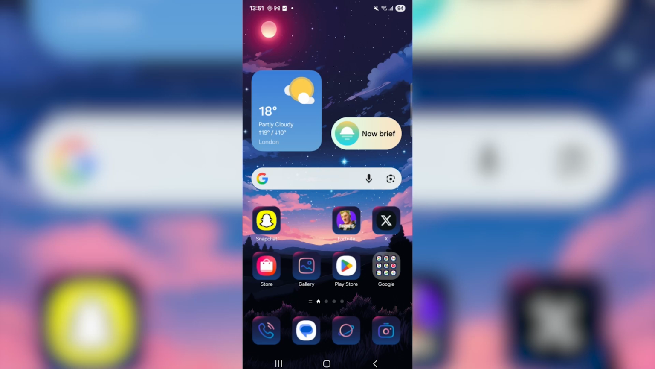In this video, I'll be showing you how to fix installed apps not showing on home screen on Android